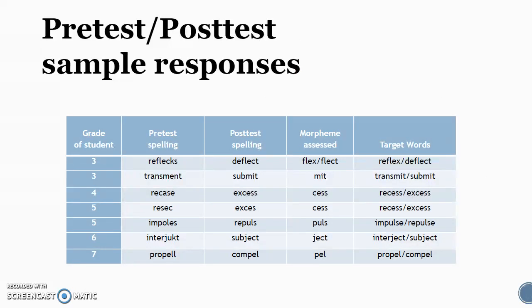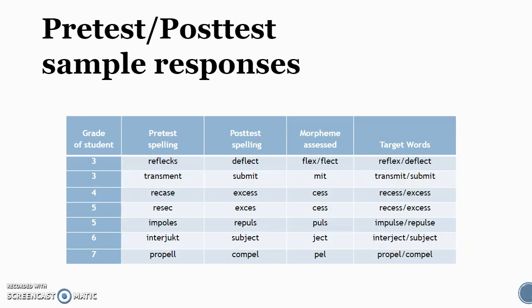Here were some sample responses that I got from students on the pretest and post-test. You can see their grade, and you can see what the target word was that they were trying to spell. These are interesting to look at. There weren't extensive increases in scores, which you'll see in just a minute, but it was interesting to note that even some of those misspelled morphemes on the post-test were closer to the target morpheme when compared to the pretest